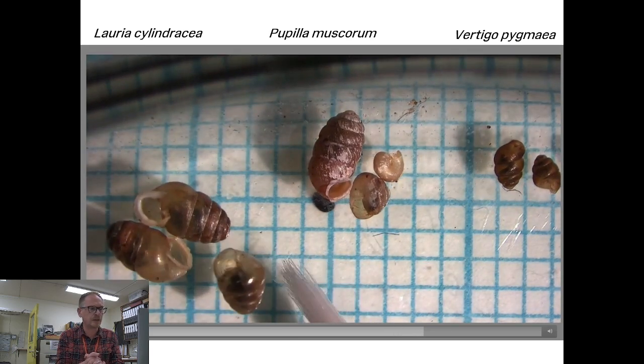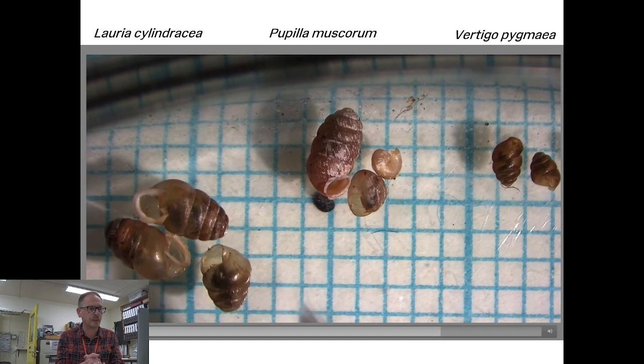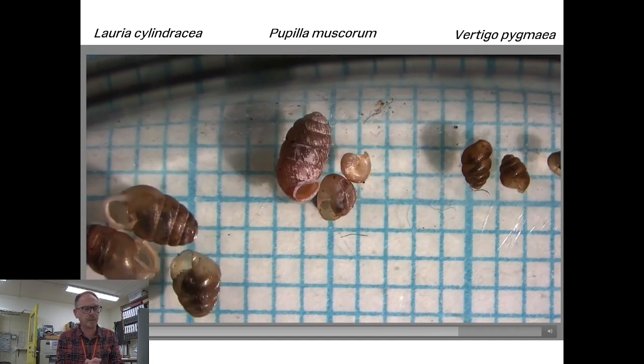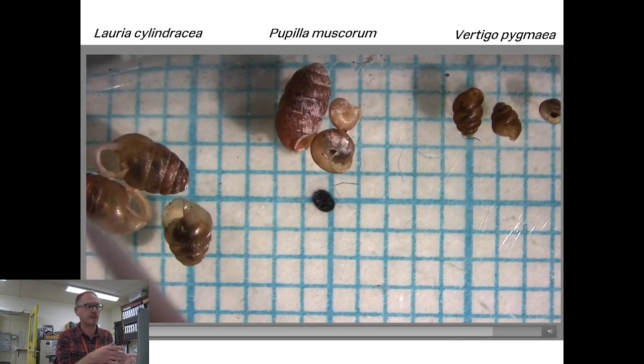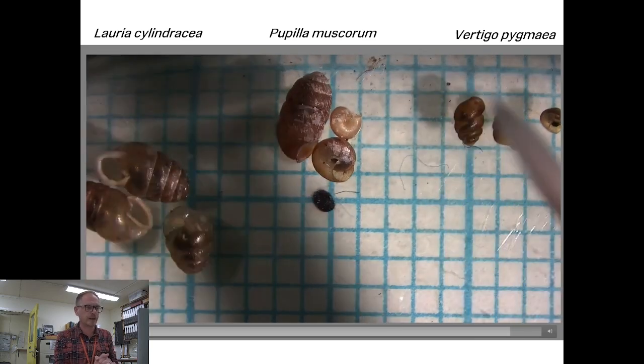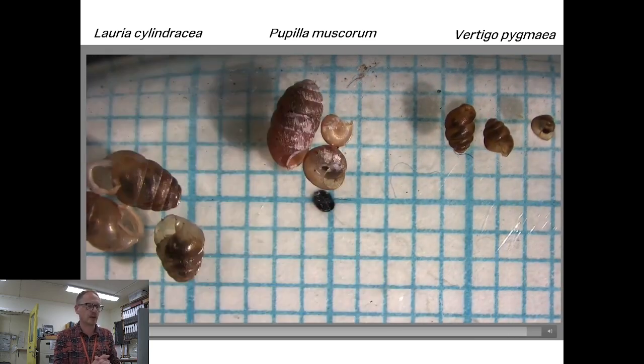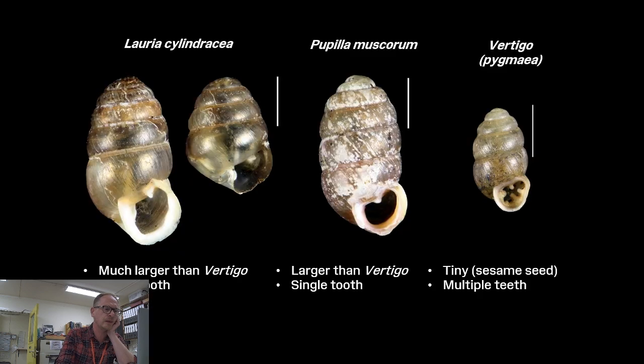Then in the middle we've got an adult Pupilla and 2 juvenile Pupilla, and then on the right the Vertigo, the adults and the juveniles. And you can see the juveniles are a very different shape to the adults that they finally grow into, but they are nonetheless characteristic. So you can match them up by shape there. Very often when people are sending in records of snails, or identifying them for the first time, they find a Lauria and think, oh, that's small, it must be a Vertigo, but often it isn't. So there's a summary of those differences with the shells all arranged alongside one another.